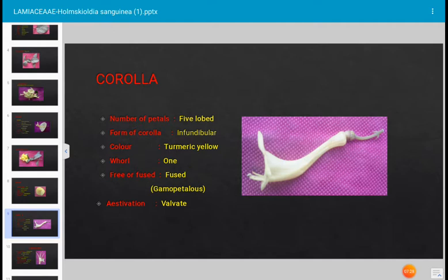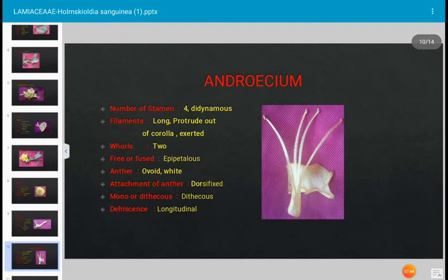whorl, and the petals mean the unit of corolla, all the petals together known as corolla. Petals are fused, hence it is gamopetalous. Gamo means fused, united. Petals are united, gamopetalous. Okay, estivation is valvate. Next, this is the androecium of this plant, and it has 4 stamens, and stamen means